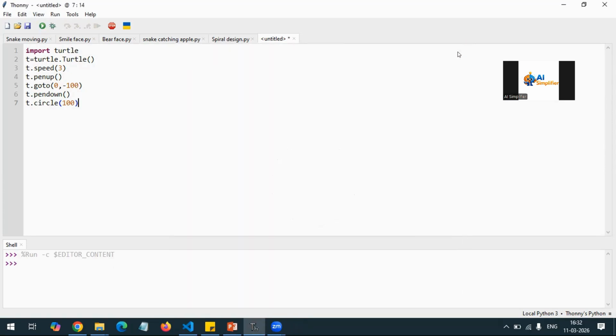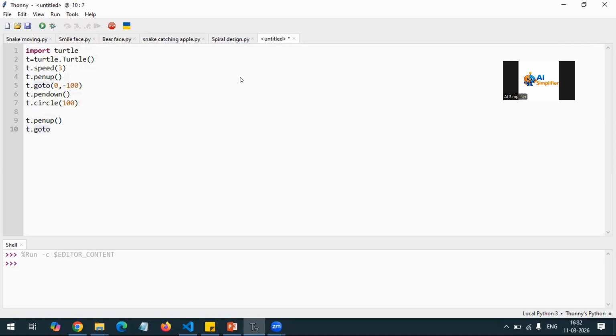Now, next, I want to draw eyes inside this smiley face. Again, I have to put my pen up because I have to go to some position. So I will put my pen up, then I will move to some position.